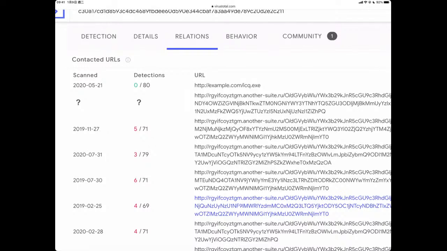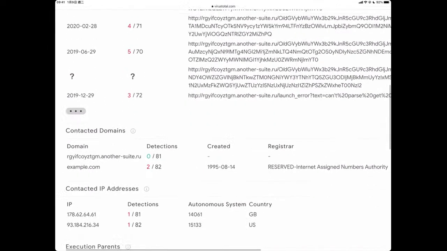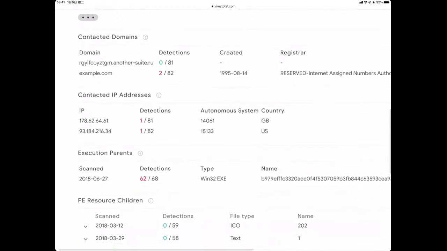And also, there are some contacted domains, contacted IP addresses. You can simply use static analysis to extract them from your PE file, or you can observe them by using dynamic analysis.